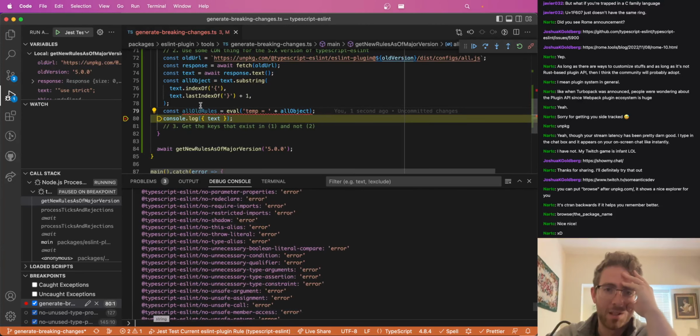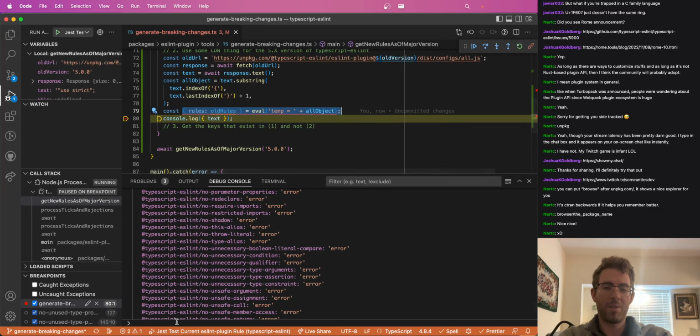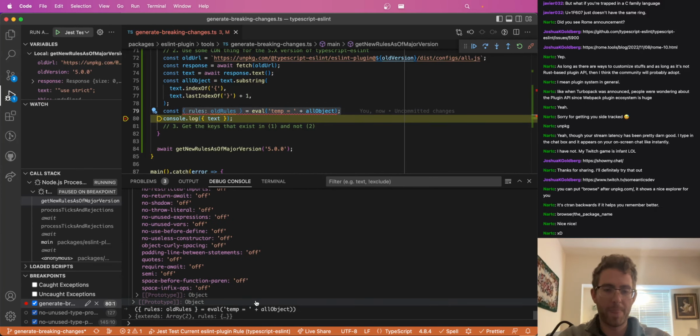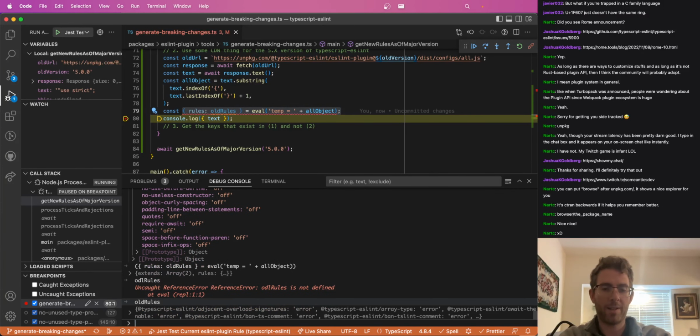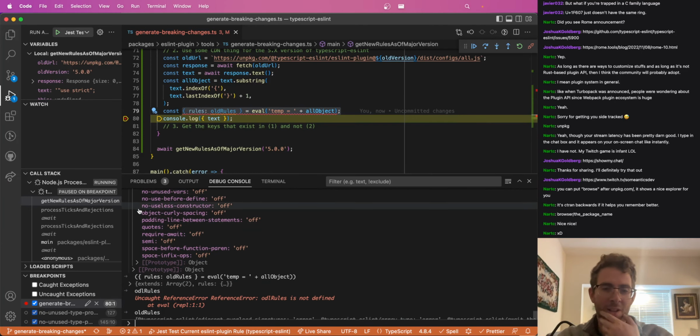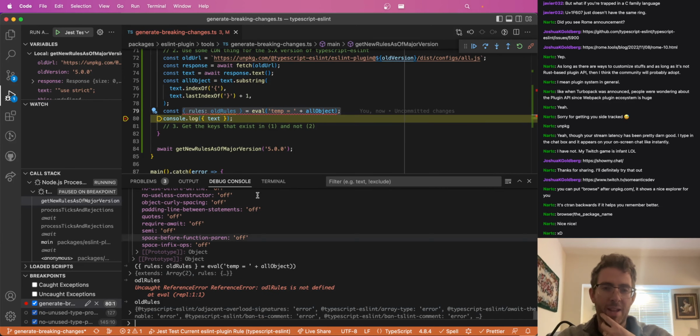Yeah. Rules. Old rules. Here we go. So if I do this in my terminal, here we go. Old rules spelled correctly. There we go. So now I have evaled this text, which contains all these settings, and